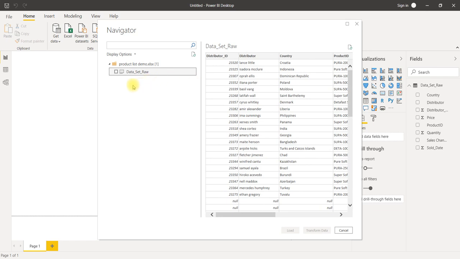If you would like to load this particular data, what we have to do is select that particular data sheet, because in this particular file only one sheet is there, so here one sheet has been shown. If you have multiple sheets, the multiple sheets will be shown. Select that particular sheet which one you would like to load, which sheet you would like to analyze, and say Load.